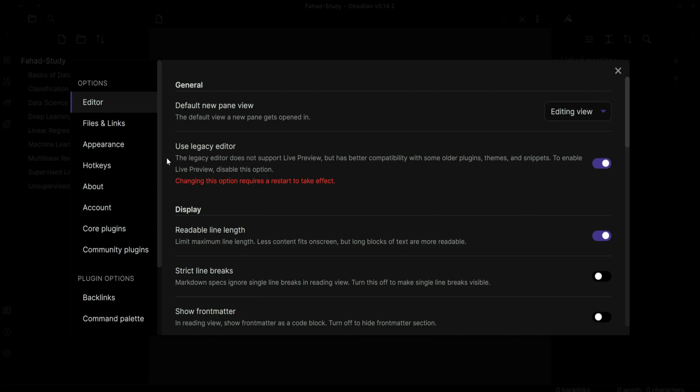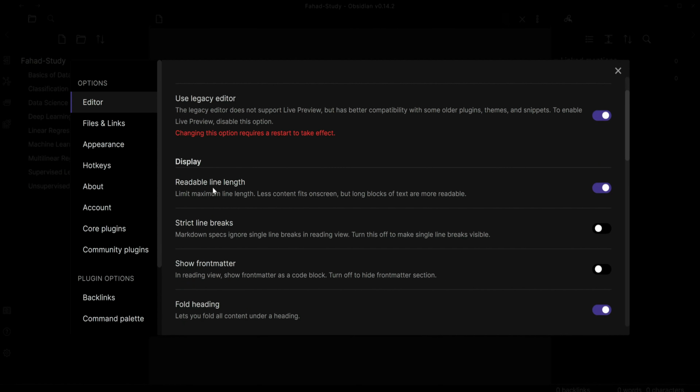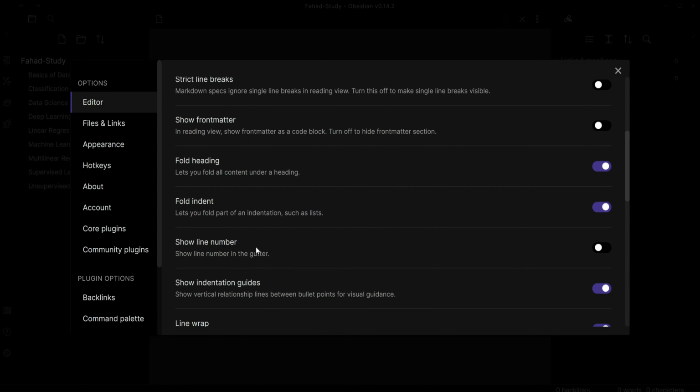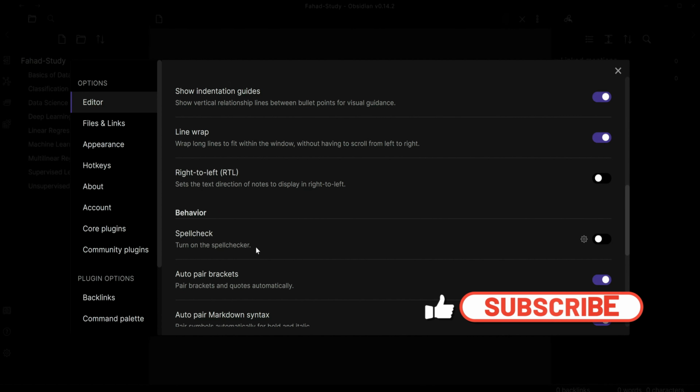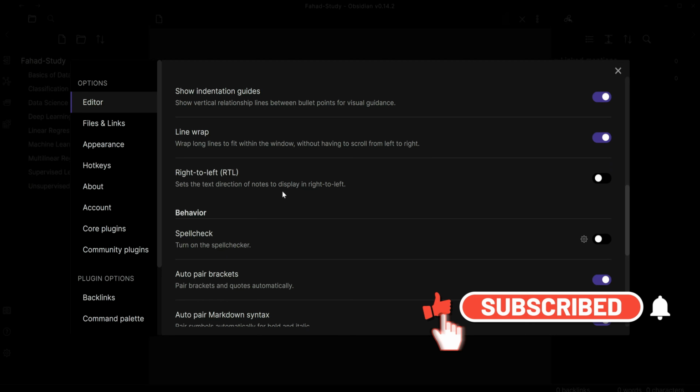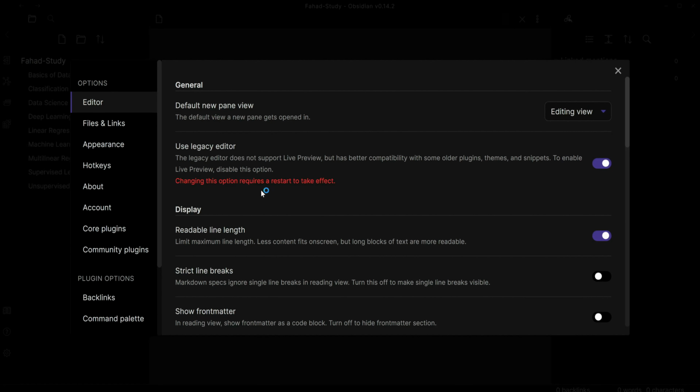Now most of the settings, just leave it the way it is. Using legacy editor, okay, fine. Display, just leave them the way they are. They're fine. Right to left, if you're writing Arabic here. Now let's go and check the